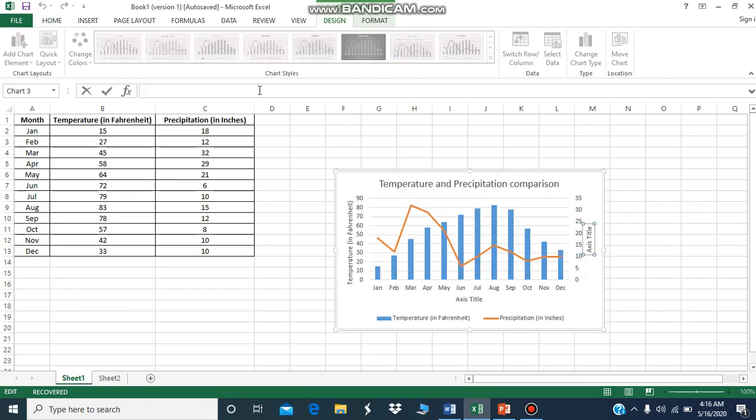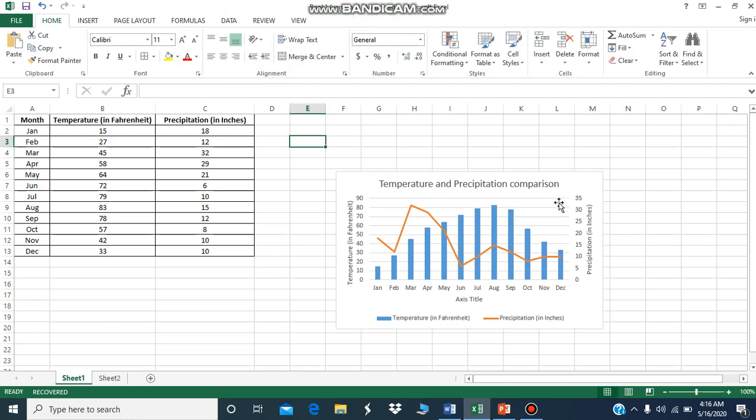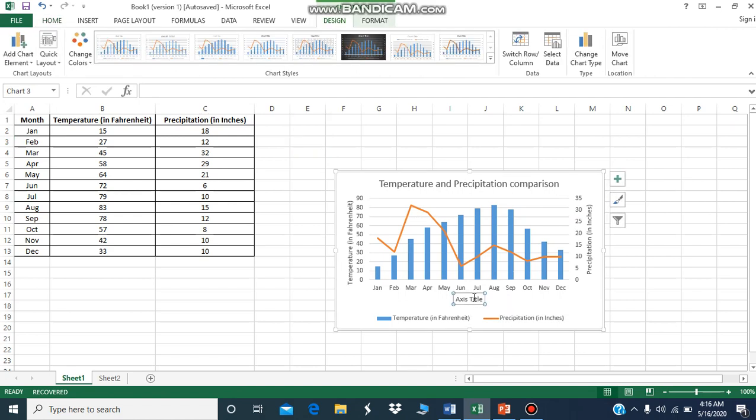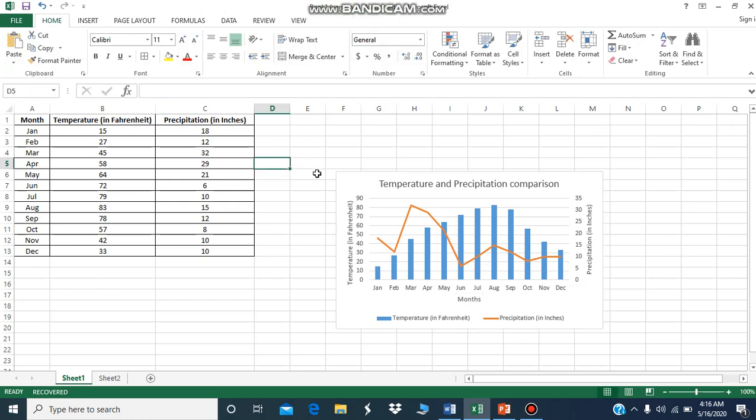Write its name. Precipitation in inches. You can see its title has also been inserted. Now axis title. It is your horizontal axis. It is months. Now you can see axis titles and chart title has been inserted in your chart.